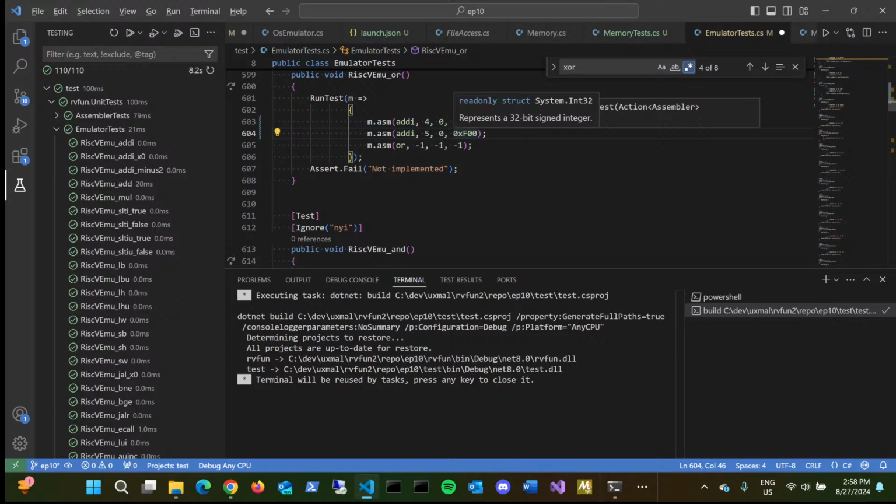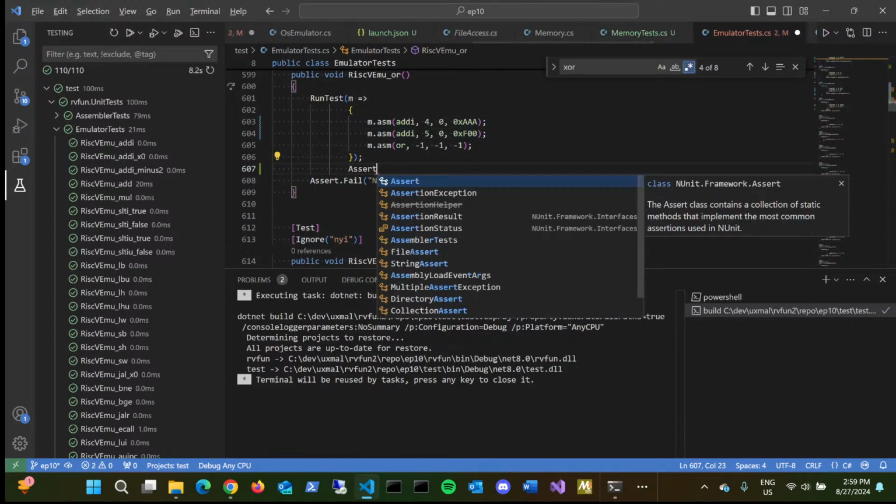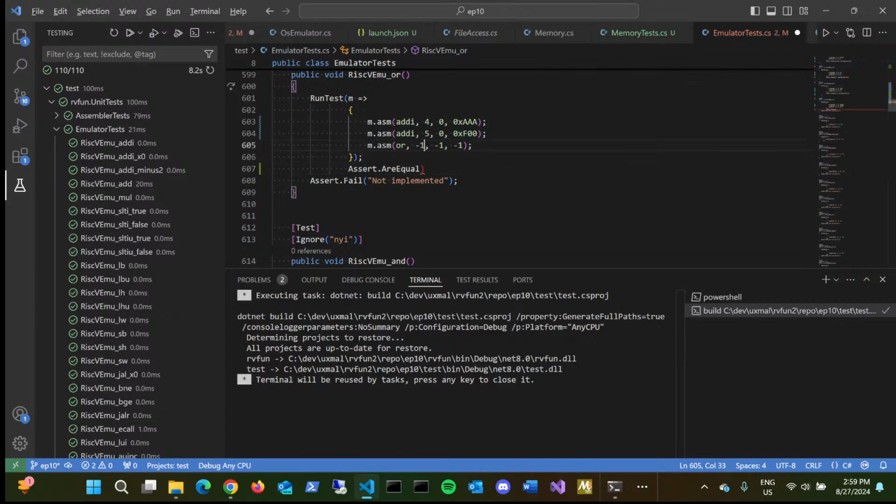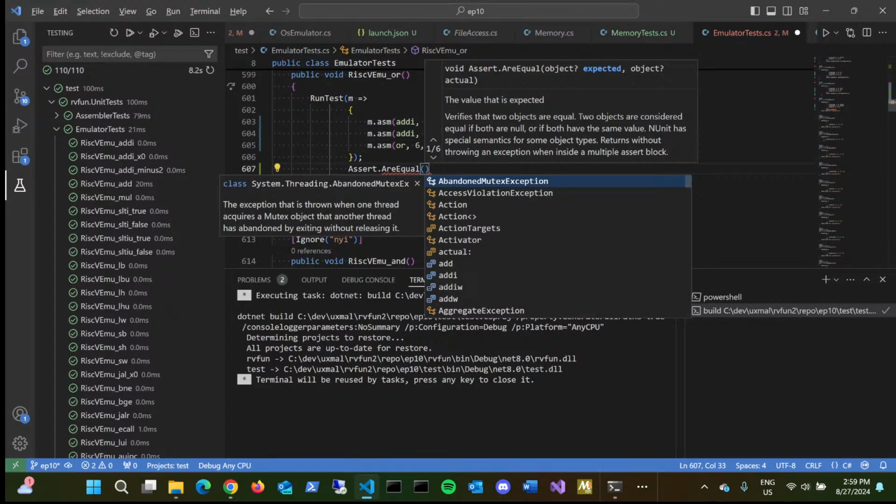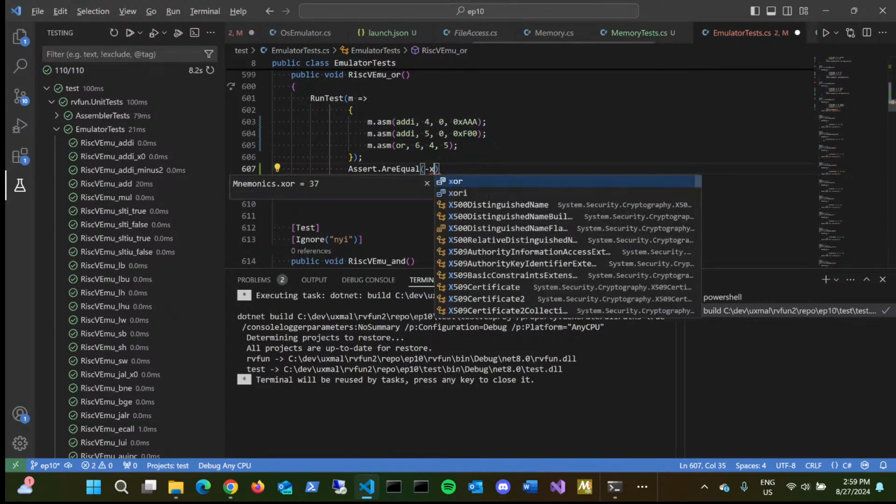because ORing, if either of the bits is 1, then the result is 1, so this high nibble here will become F. But the other ones where there's a 0 ORed with it, ORing anything with 0 leaves the initial value untouched, so the A's will remain A's. So the end result is, and of course we have to put that in register 6, the result of ORing 4 and 5, and the result is going to be 0xA,